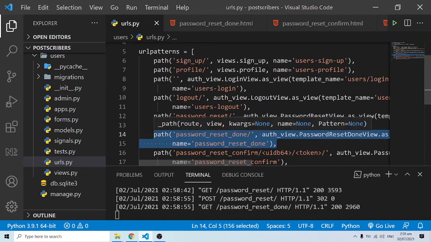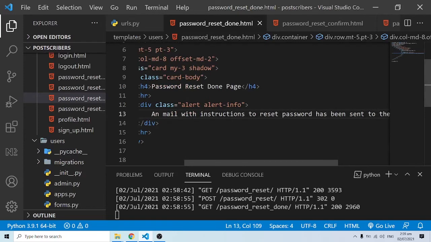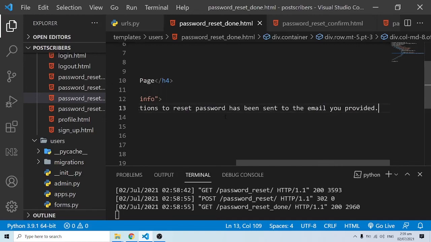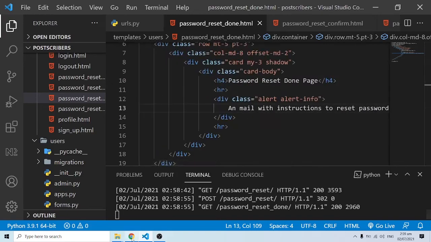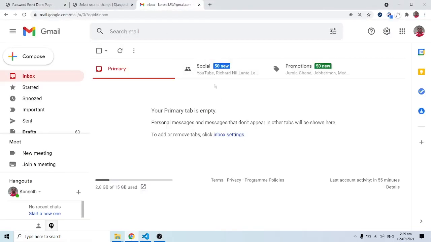And the password reset done, as you can see over here, is just telling us that a mail with instructions to reset our password has been sent to the mail we provided. All right, so we now have to go into our email, and that's what I have opened over here. So I'm going to refresh,